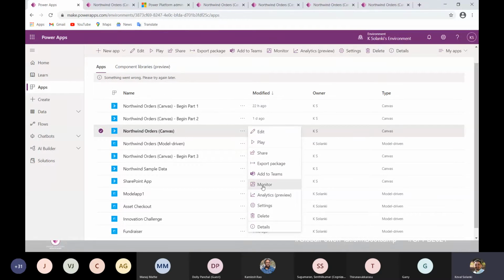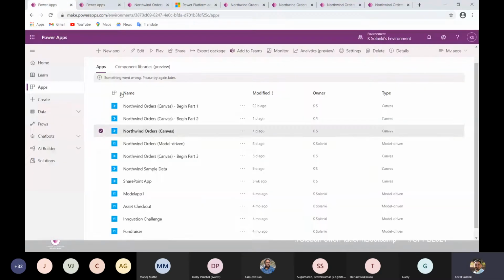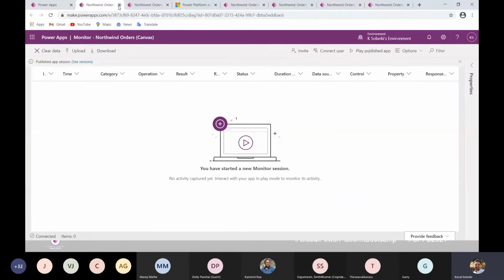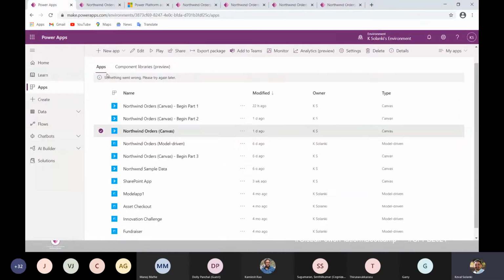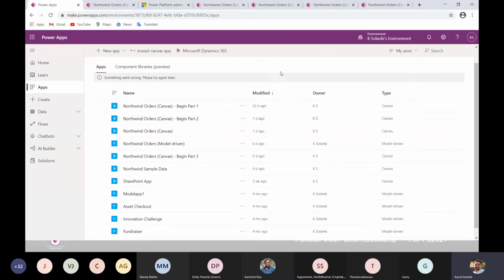Generally, an app is respective to an environment. Correct. For example, this is my current environment. If you want to monitor another app, you switch the environment from here, then go to that particular app and go to the monitor.